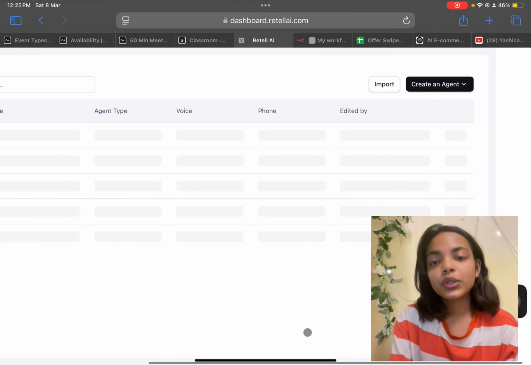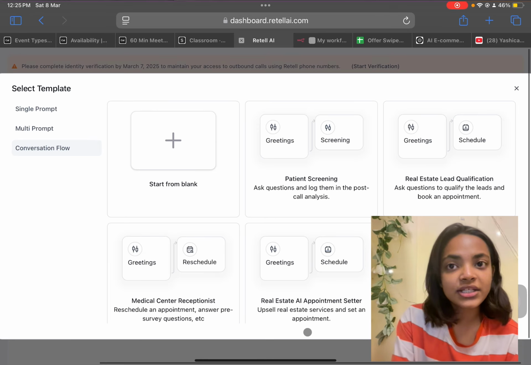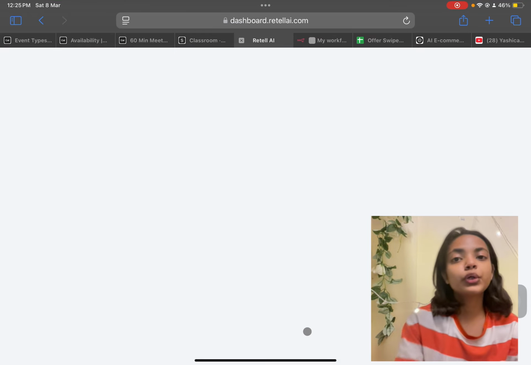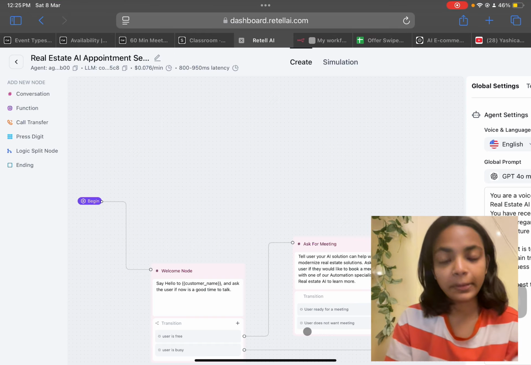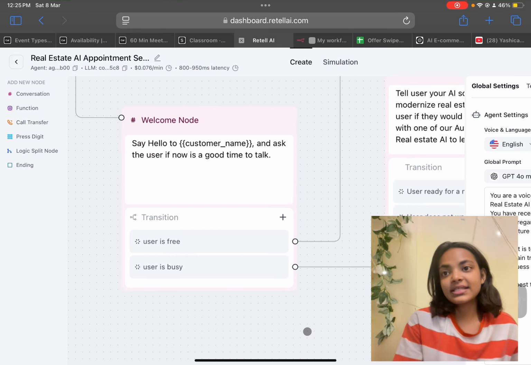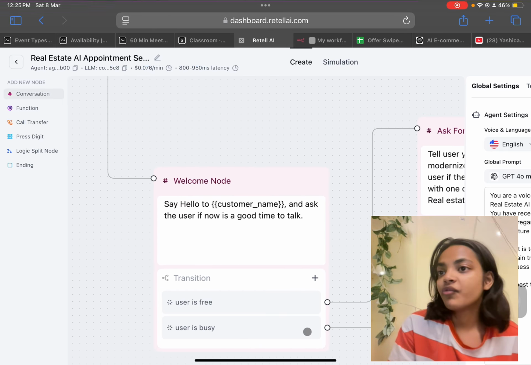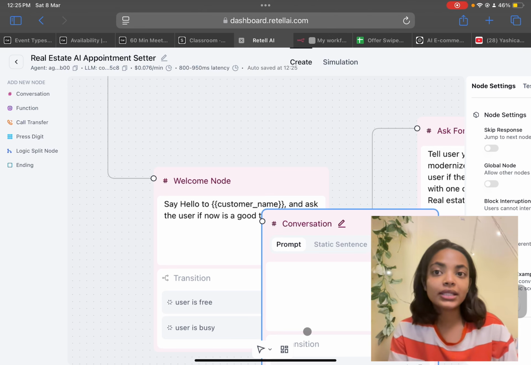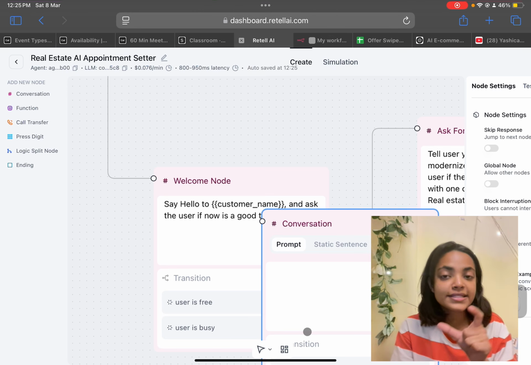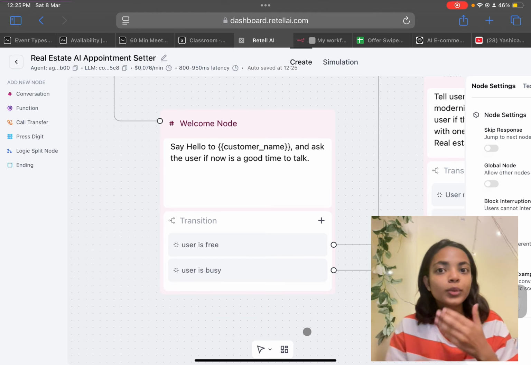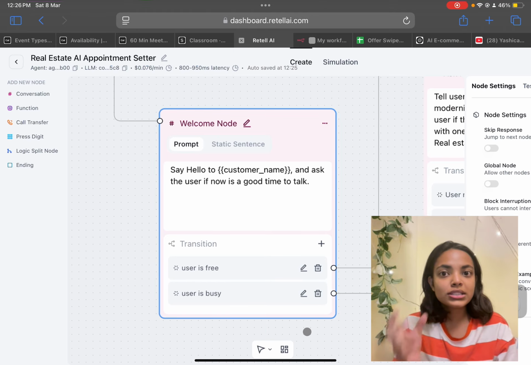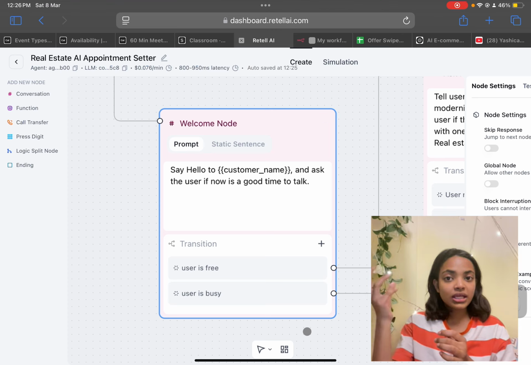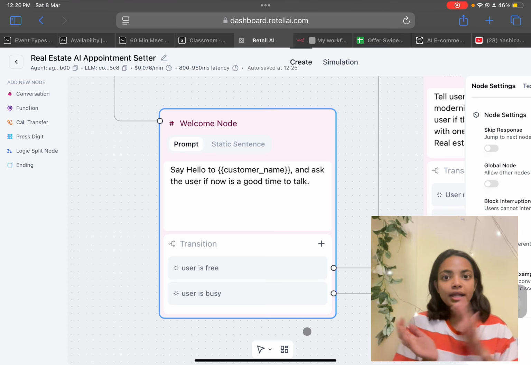Okay, so in this video we will go to Retell and we will create an agent using conversational AI workflows. You will go into that and all the templates will be provided there. After that, what you will be writing is in the welcome node. Firstly, this is a conversation node. You can name it as you like. You can also select the prompt and the static sentence. A prompt is the thing which you give to the agent. Like, prompting can be diverse, like it can have customer names such as Nick and Bosar and different kinds of